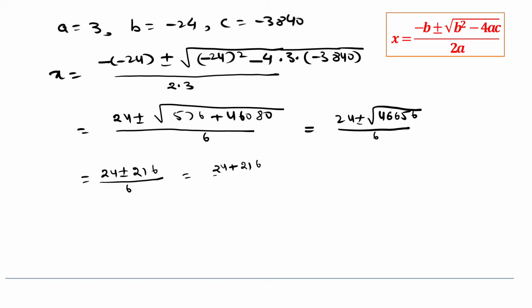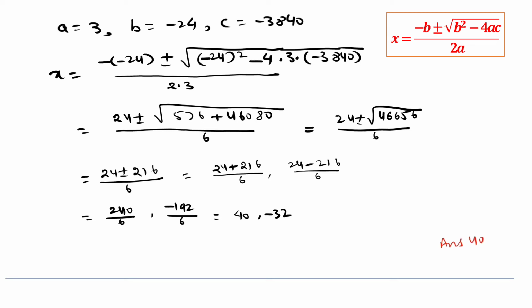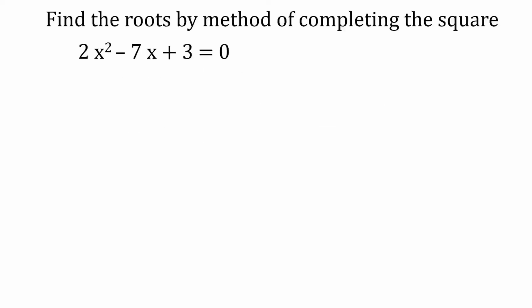is equal to 24 plus 216 over 6, or 24 minus 216 by 6, that gives 240 by 6 or minus 192 by 6, or 40 or minus 32. Since speed cannot be negative, we discard the negative value 32, so the speed of the train is 40 km/h. Now in this question, we have to find the roots of the equation by the method of